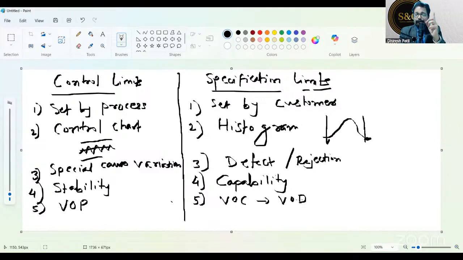And what is the relationship between control limit and specification limit? There is no relationship between control limit and specification limit. Understand this? There is no relationship. This is very, very important. Maybe let me just write it down here. There is no relationship